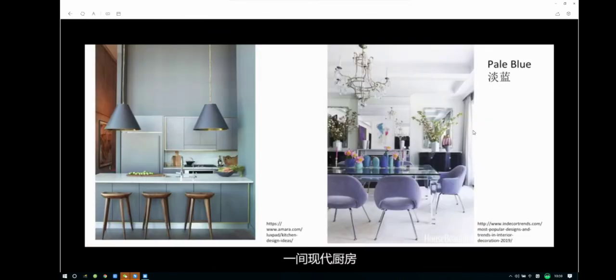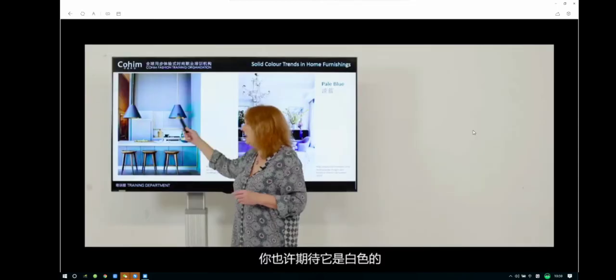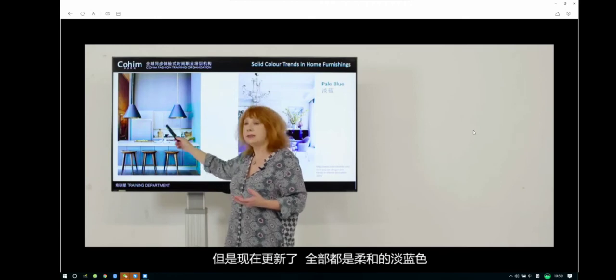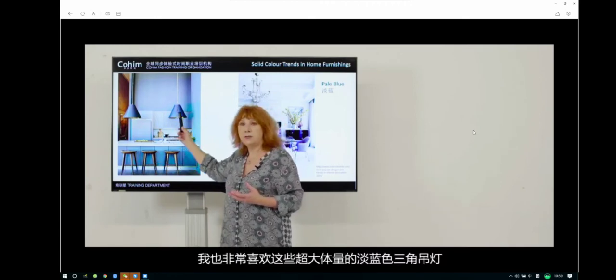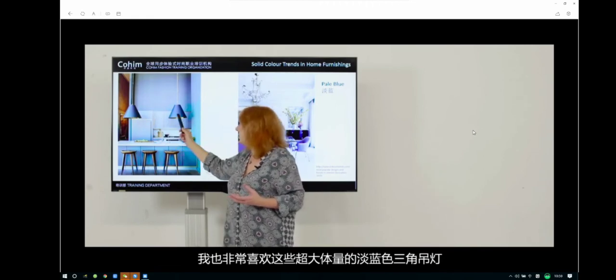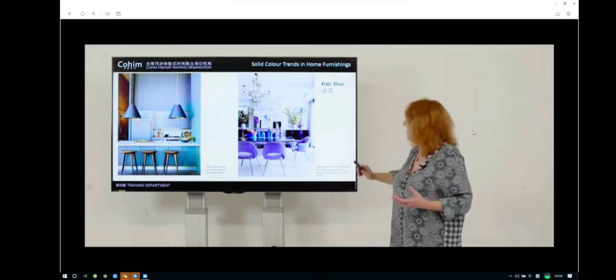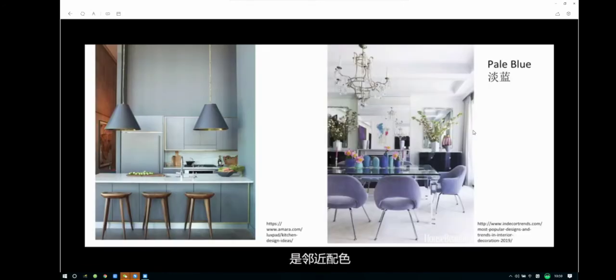Here again, modern kitchen. Again, you would have expected this to be white, but now to update it, it's all in this very soft powder blue, and I very much like these overscaled triangular lights in the pale blue as well. And over here in a dining room, we have